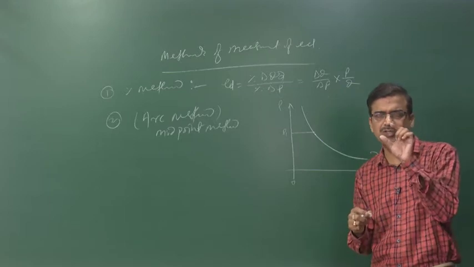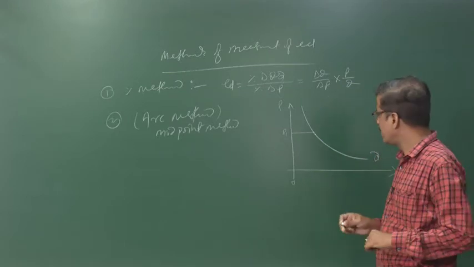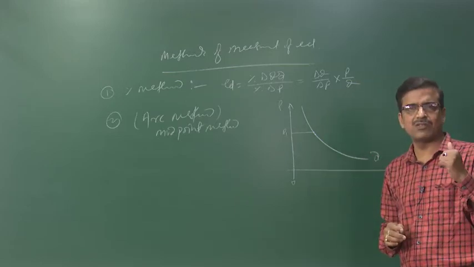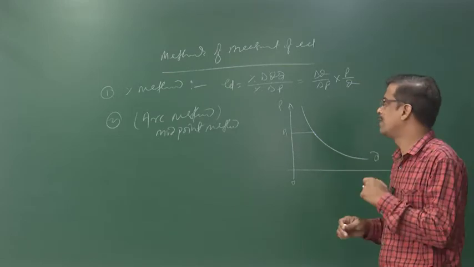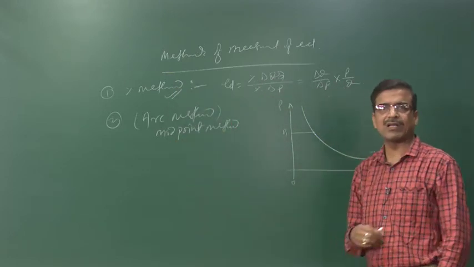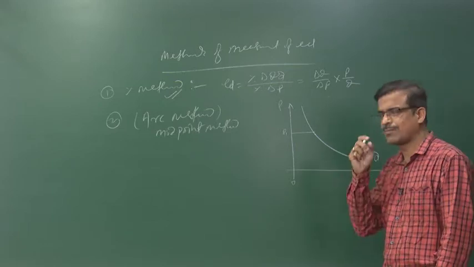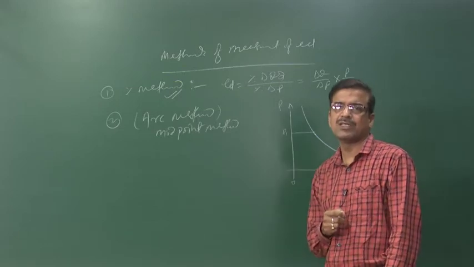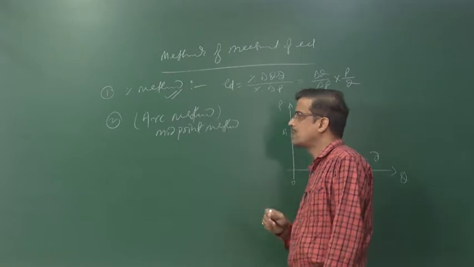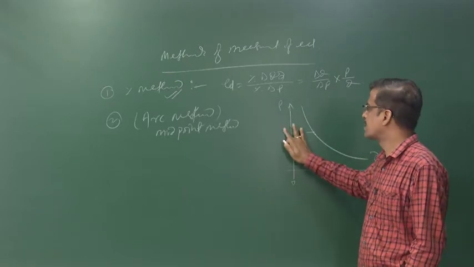So, what is the portion of the demand? The demand may be more or less a straight line, but in that case it is very difficult to calculate accurately with the help of the percentage method. So, in order to calculate price elasticity, if there is a minute change in the price of the product, then we have to apply the midpoint method or the arc method. Let us start with one example.